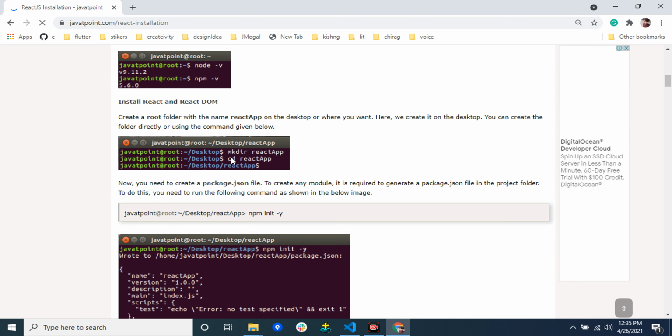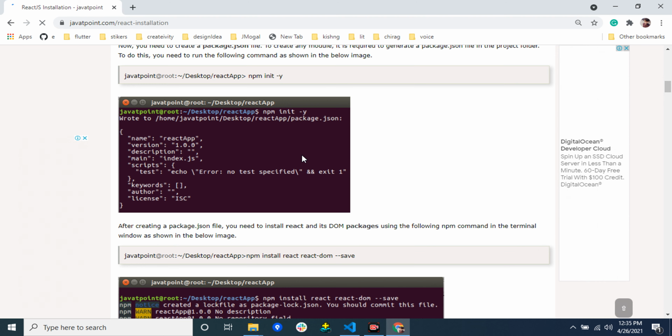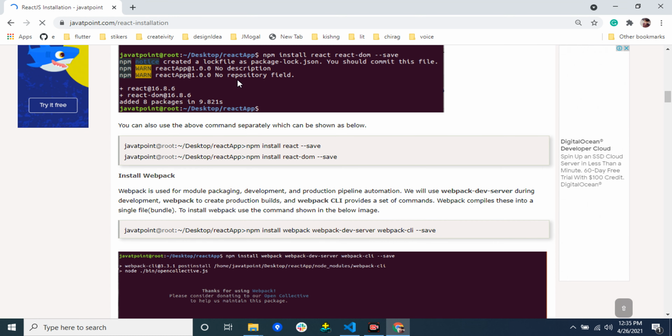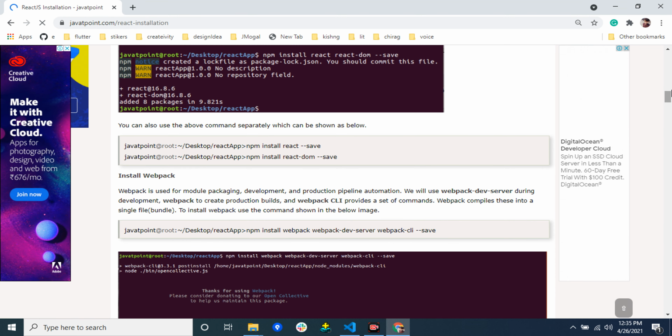As a step for npm, check the node version and npm version. The first time you must use the command prompt for this package. I'll share the link in my description.